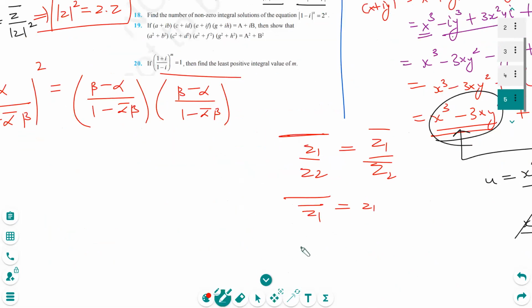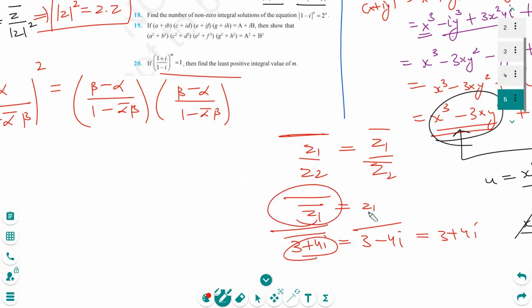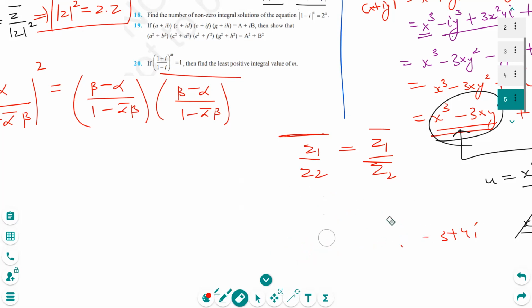If we are not happy with it, let me prove it to you. If I have something, z equal to 3 plus 4 iota, and I take conjugate, I am getting this, right? If I again take the conjugate of the part I did, I will get 3 plus 4 iota, which was the z only, right? So that means if I take conjugate 2 times, that is the number itself. Is it clear? The conjugate of the conjugate is always the complex number.